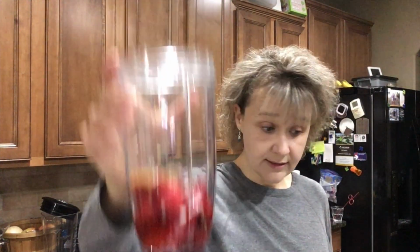Once this is blended, you're going to add to it 1/4 teaspoon of black pepper, and 1/2 of a teaspoon of poppy seeds. So this is going to be the dressing. So I'm going to go and do that, and then I will be back to show you what actually goes